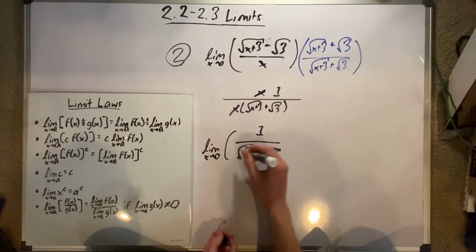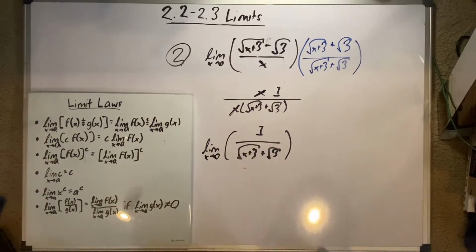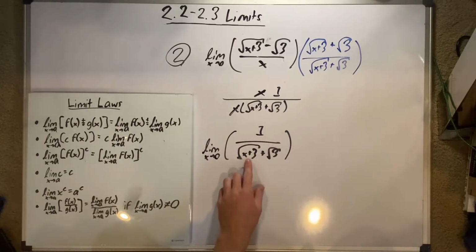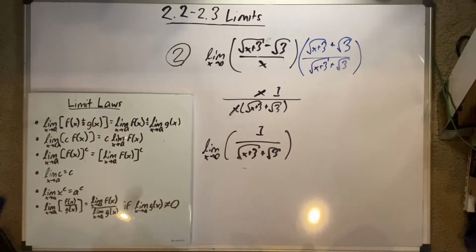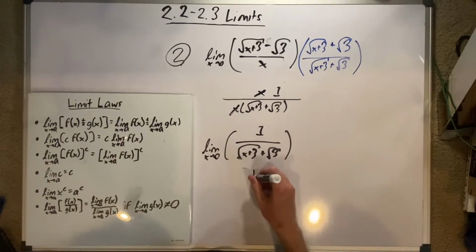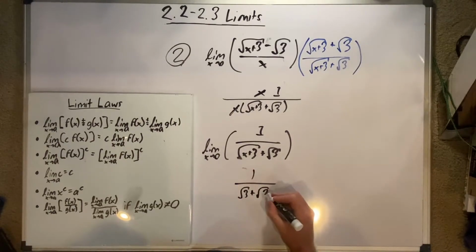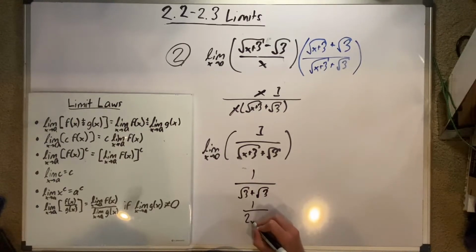and the limit as x approaches 0 is now our new thing. Now, nothing stops us from plugging in 0. Because if we plug in 0 for x here, it's just rad 3 plus rad 3. So we're going to do exactly that. We're going to plug in this 0. 1 over 0 plus rad 3 is just 1 over rad 3 plus rad 3, which is equal to 1 over 2 rad